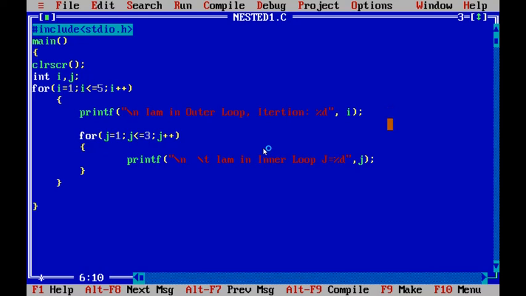Now, backslash n for getting the new line. Okay, save the program, compile the program.